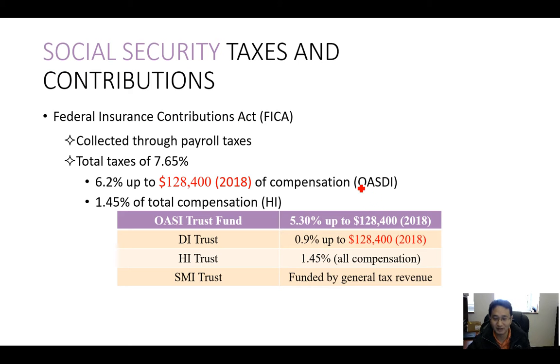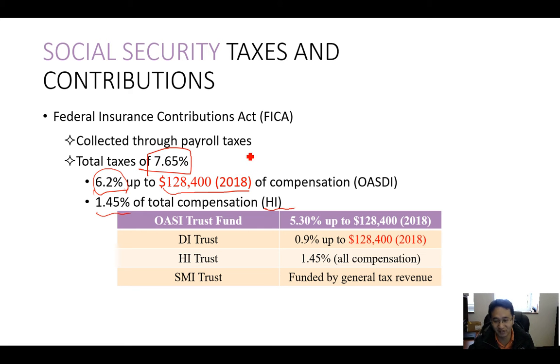And then they put the money into two different trusts: one is Social Security, one is Medicare. I'm not going to talk too much about it, but you need to know that it's quite high. It's 6.2% for the Social Security part. There is a cap, so if you make more than this amount, you don't have to pay more. It's just this times this. This is a good amount of money, probably like a medium salary in banks. And then 1.45% of total compensation, that's your medical cost. So in total 7.65%. It is not a small percentage.